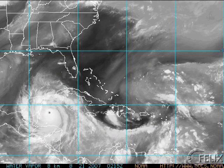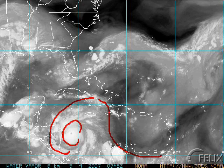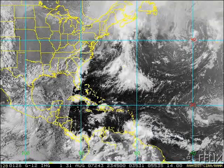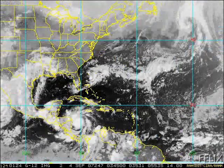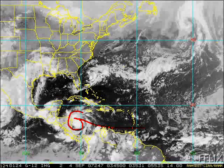Flip forward 2 weeks to this moment in time. There is another significant hurricane, smaller than Dean, that still has wonderful outflow, going right into an upper-level feature in the Eastern Caribbean. Further south than Dean, heading towards Honduras and Nicaragua, this is Hurricane Felix. You can see over the past few days, Felix has continued to move almost straight west and is now nearing